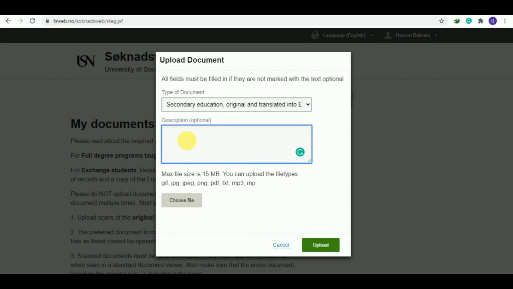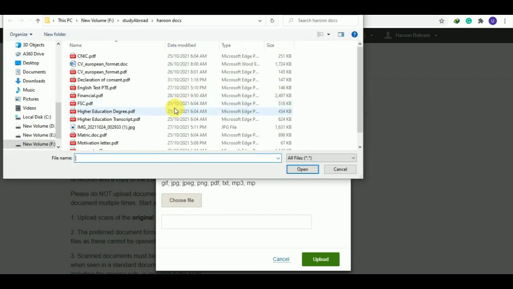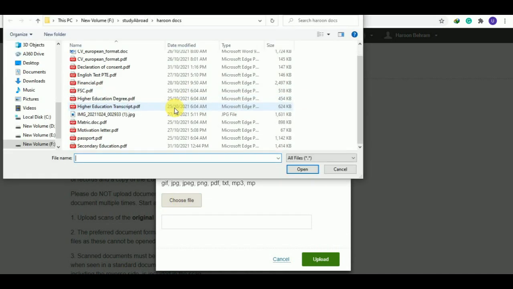And description you can write as secondary education. And you have to choose your file. And I have already told you that I just merged in a single PDF file my 10th year of education and my 12th year of education degrees.